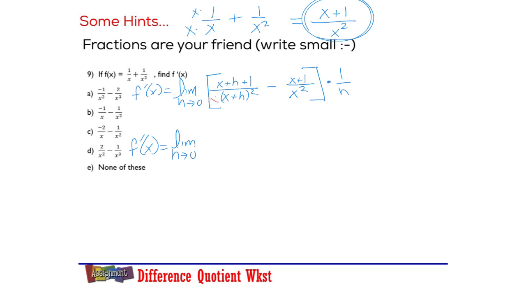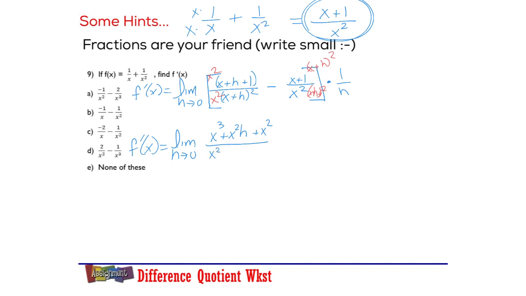The left side needs an x squared. The right side needs an x plus h squared. Oops, x plus h squared. Okay, so here's what that's going to look like. I'm going to have to multiply this by this whole quantity. So it's going to be an x cubed plus x squared h plus x squared over,